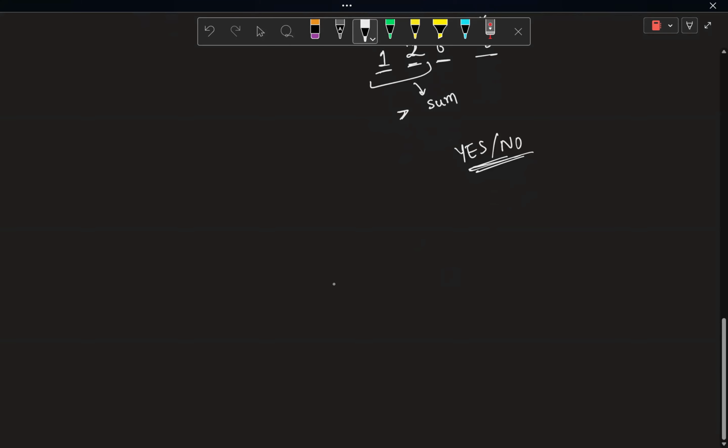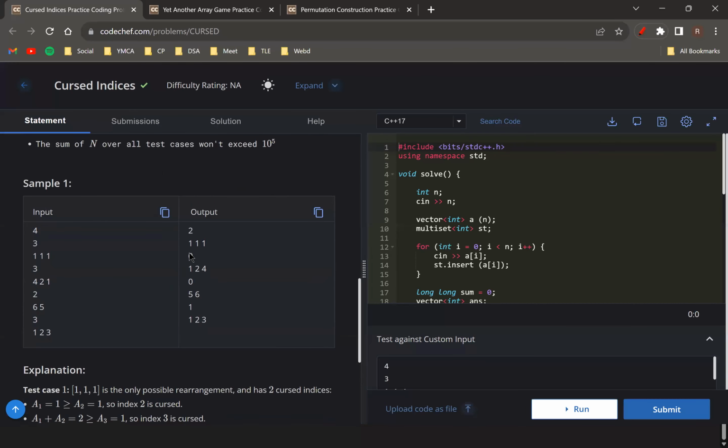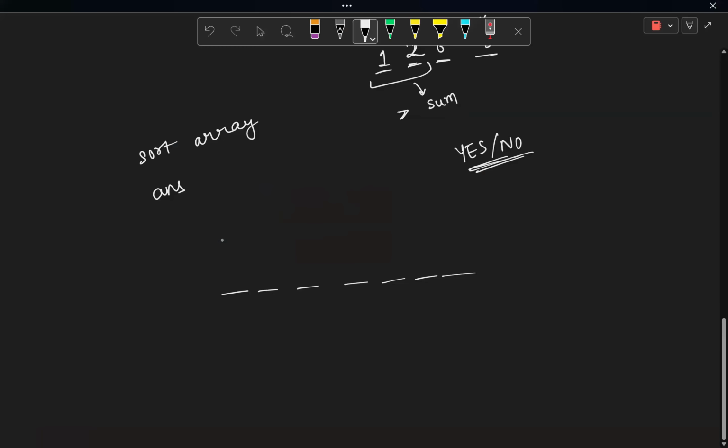So now what to do? I would definitely want to first of all sort the array because it is not really causing any trouble for me. After sorting it, I want to create something like an answer array, since I guess I have to print the answer at the end. Yeah, I have to print the answer array at the end. So let's create an answer array